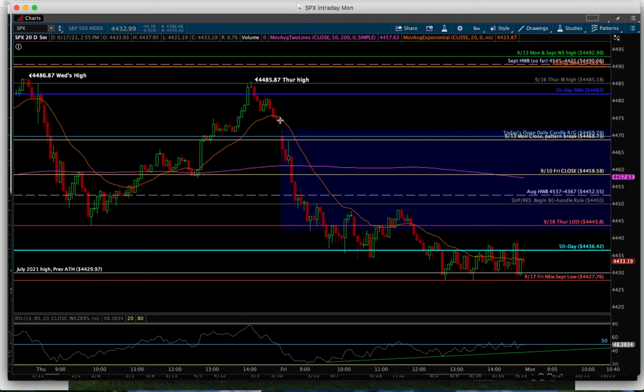simple moving average. And then on Friday, with monthly OpEx, we gapped down open and sold right on off down to the 50-day simple moving average. This is a hand-placed price level. This is where the 50-day simple moving average was when we came in contact with it on Friday. And you can see that our initial lows took a look below it and tried to stabilize and move back